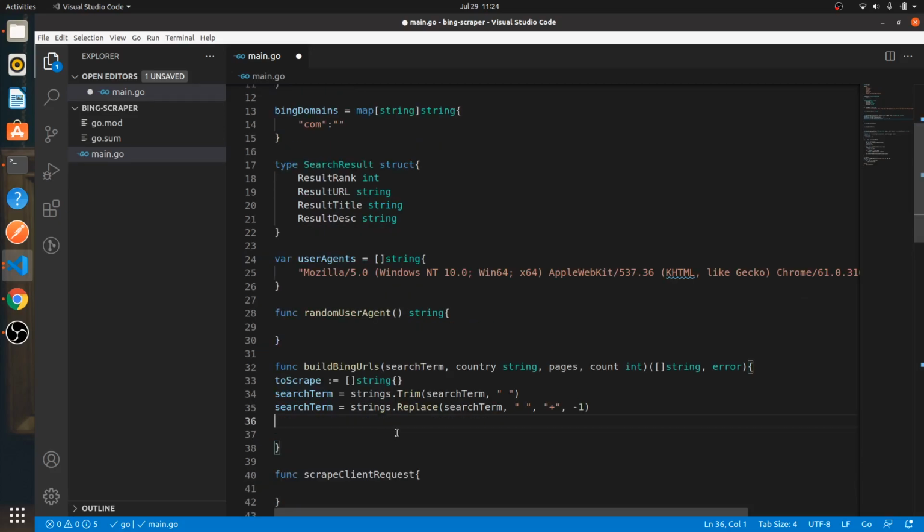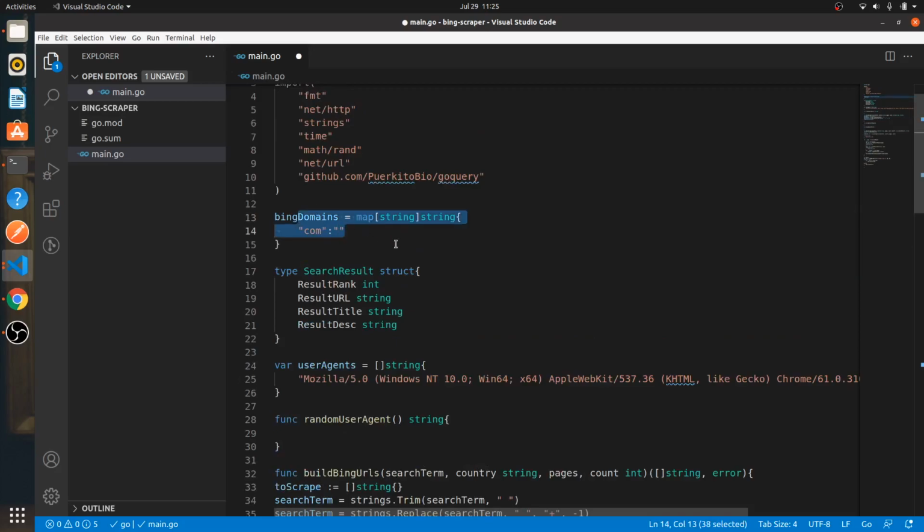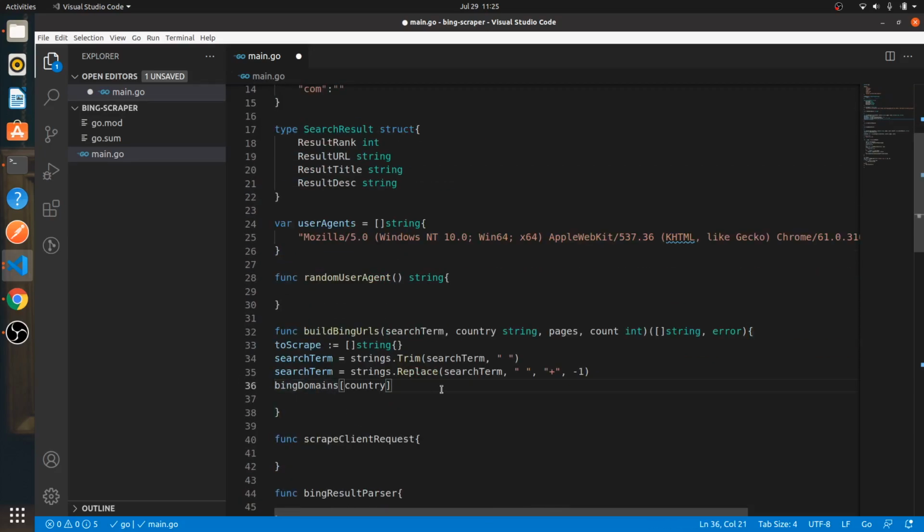And so what we'll do here is we'll say Bing domains, and inside we'll say country. So the country that you'll pass here, like com or UK or US, we'll try to search that in our Bing domains map. And so let's put an if statement here. So we'll say if country code, comma, found. If the country code is found, then